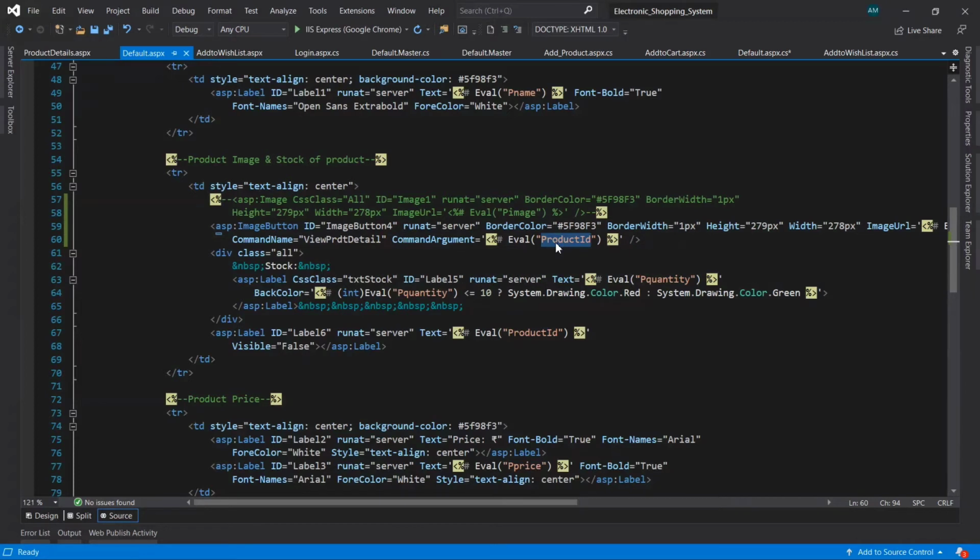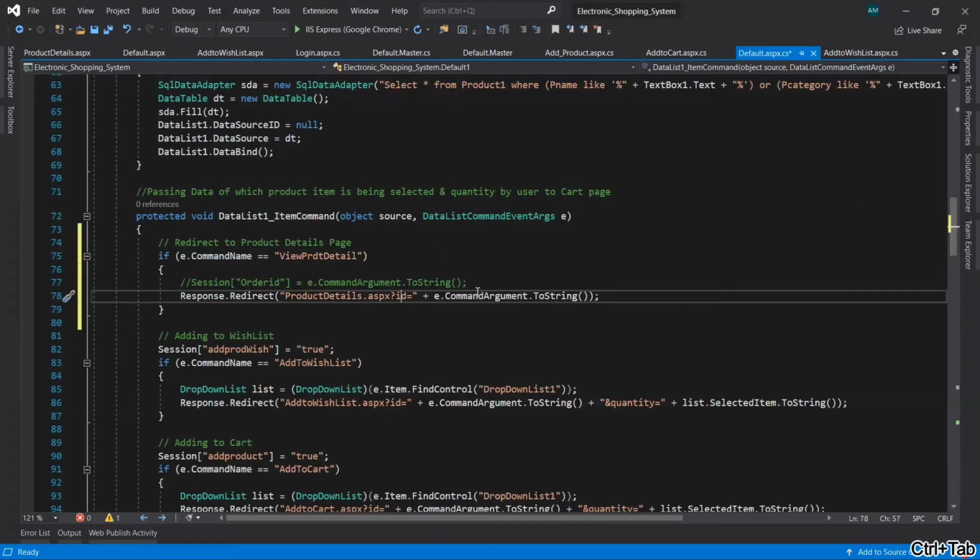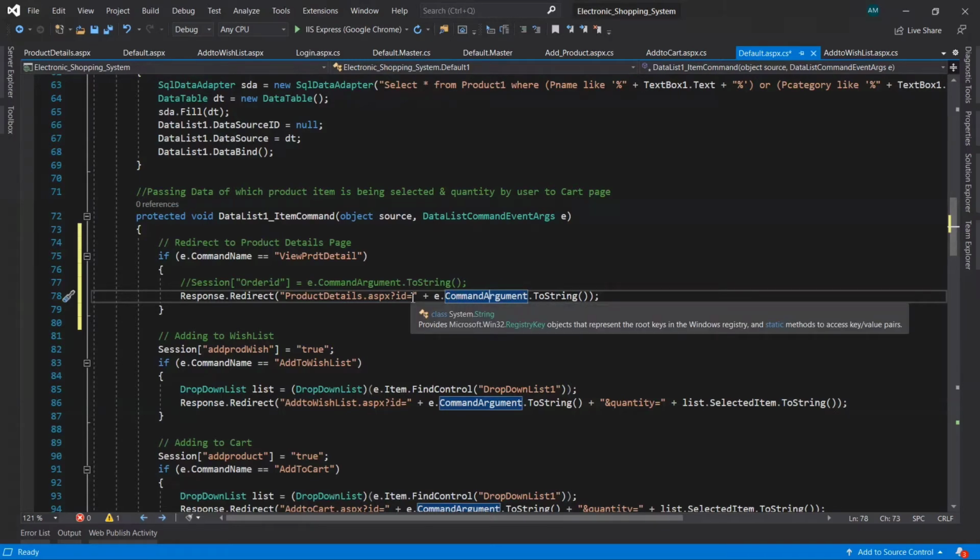When the image button of a particular product is clicked, at that time it will take the ID of that particular product from the command argument and pass it here, so the id equals the selected product id, and it will pass this id to the next page, that is the product details page, through the query string.